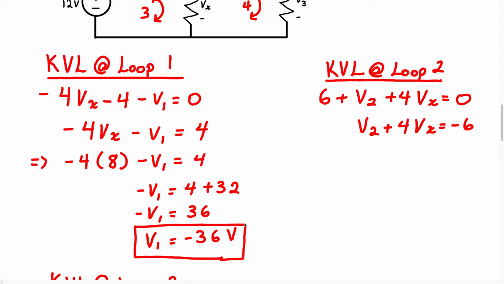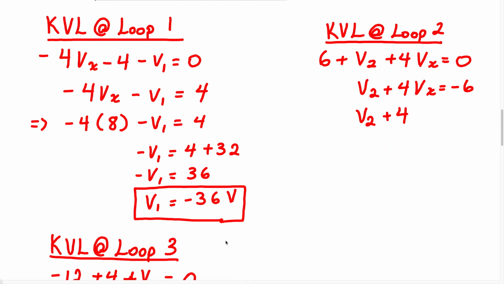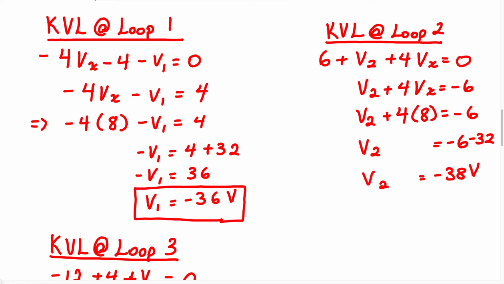Okay, now for this one, we know V2 plus 4, we know Vx is going to be 8 volts, equals negative 6. V2 equals negative 6 minus 32. V2 equals negative 38 volts. So this is going to be the answer